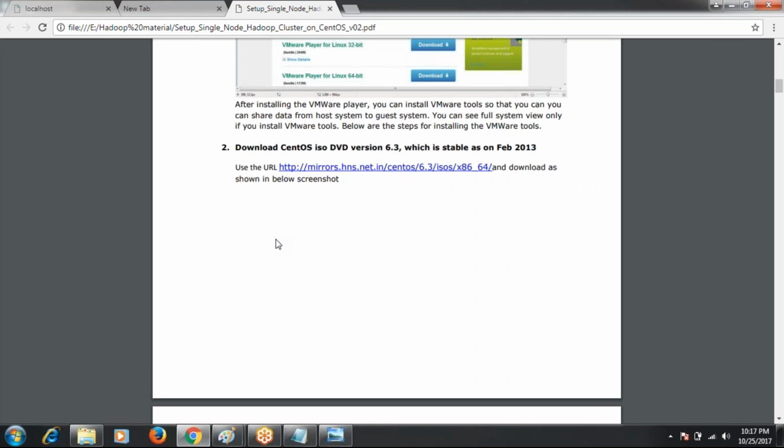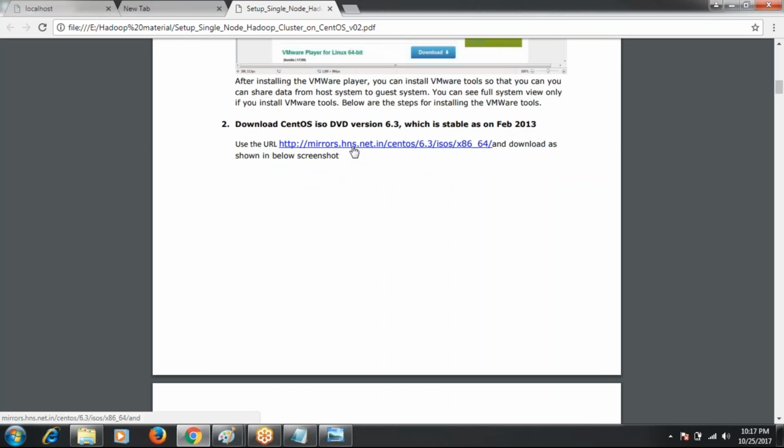You can choose any of these flavors. Here we are going to set up CentOS Linux, and on top of CentOS we'll set up our Hadoop. This is the link for downloading CentOS.